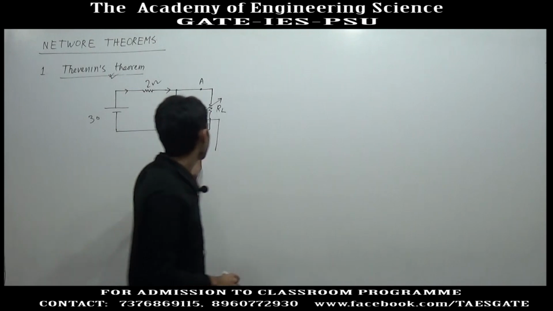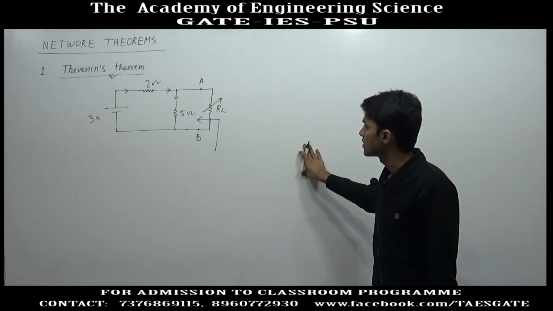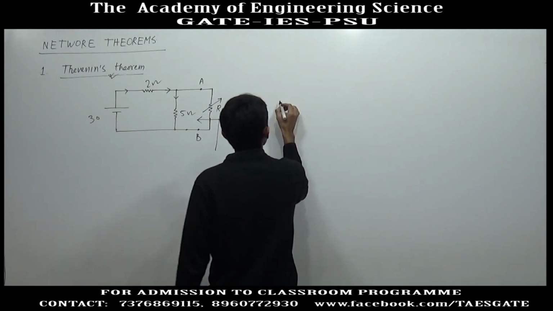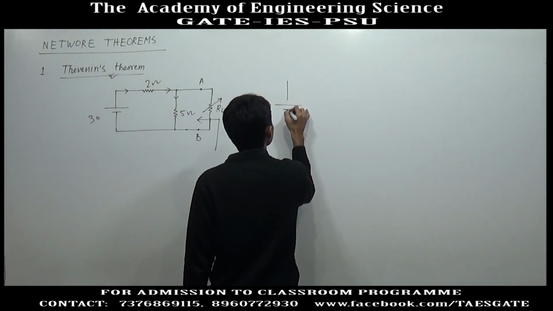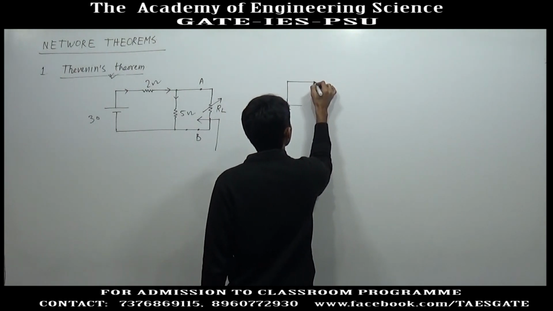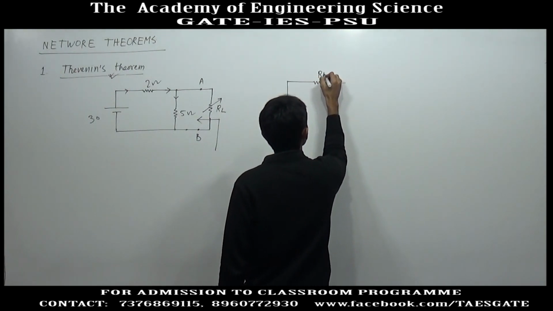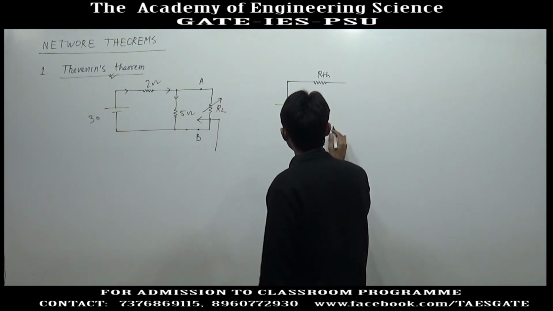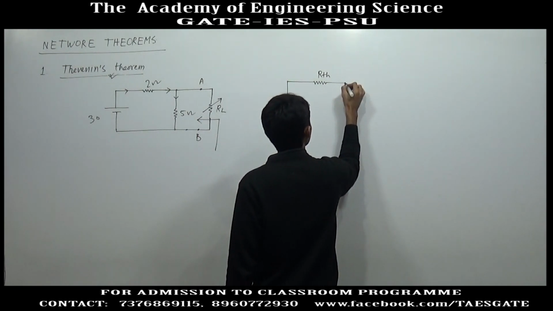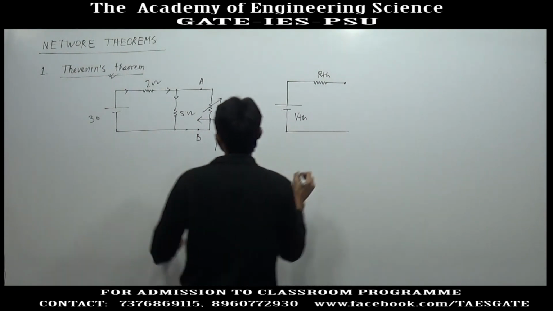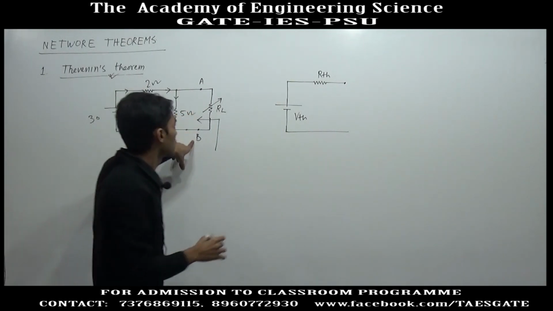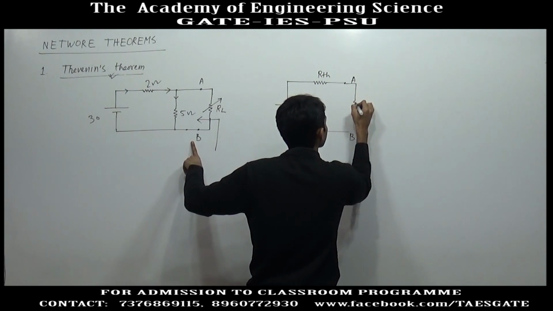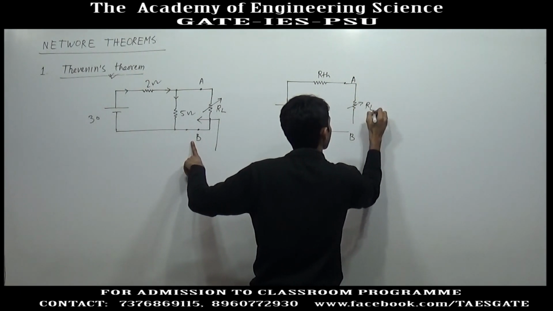So to solve such a circuit, Thevenin proposed a technique where this circuit can be represented as an equivalent circuit which consists of VTH, a voltage source connected in series with a resistance. This is the Thevenin equivalent voltage, and the Thevenin equivalent resistance. If we are transforming about points A and B, then this point is A and this point is B, and now here we can connect the varying load resistance RL,